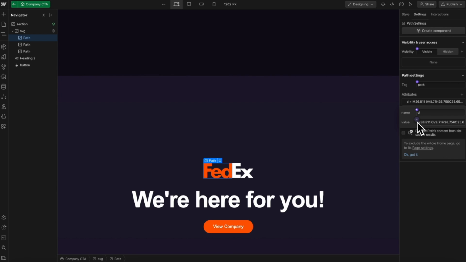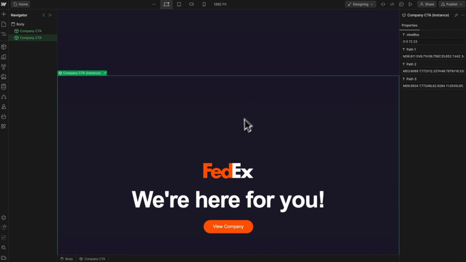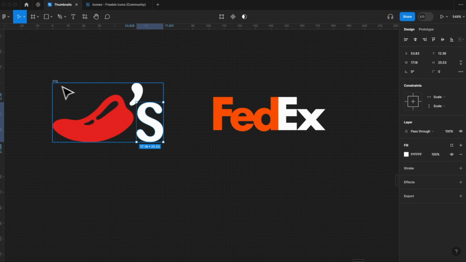So we'll grab this one here, we'll link it to a field called path1, and we'll grab the next one here and we'll link this to a field. We'll call it path2, and we'll grab our third one here and we'll link that to a field and we'll call it path3. So once we have that set, we can go ahead and copy our second SVG logo here,